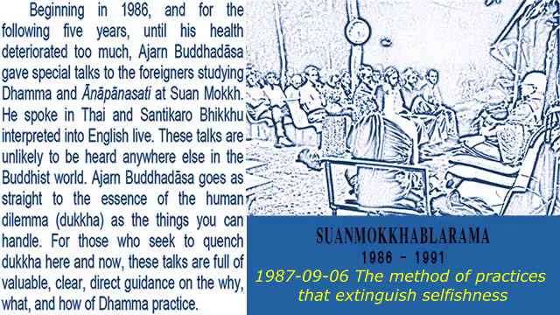And then when the object is seen to be not self, we realize that it is void, that it is sunyata, void of I and mine. If there's no self there, there's nothing there that can be I or mine. And if it's void and empty of I and mine,